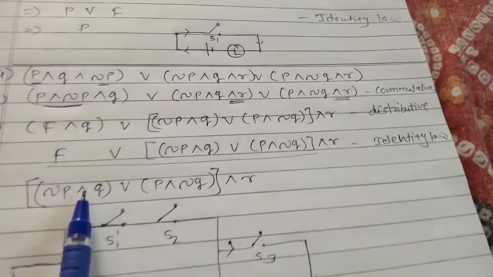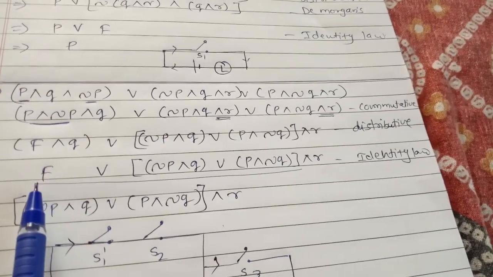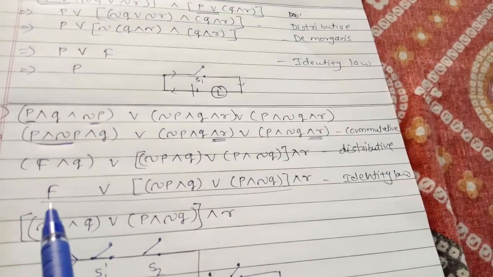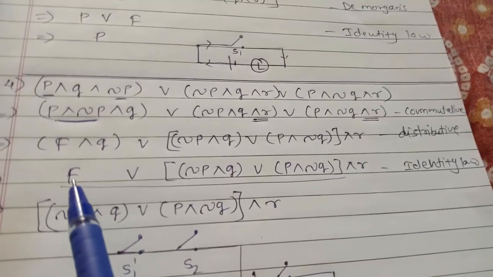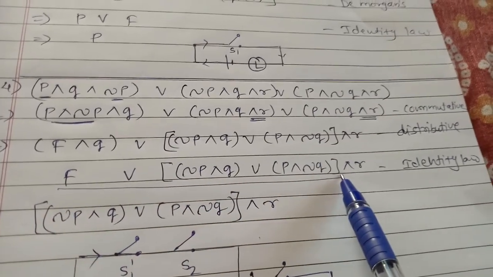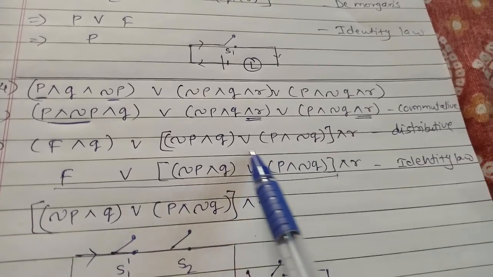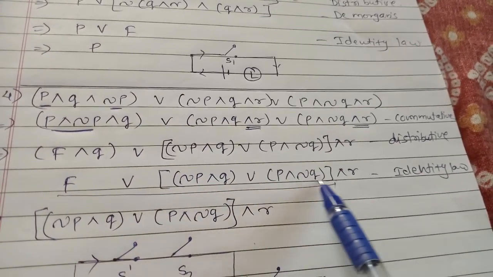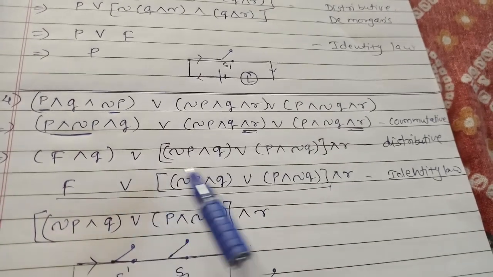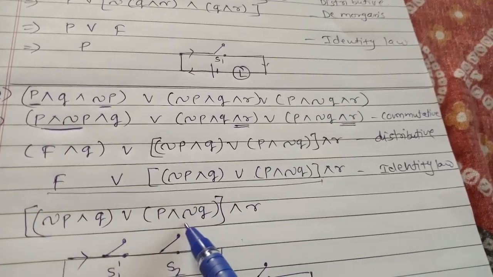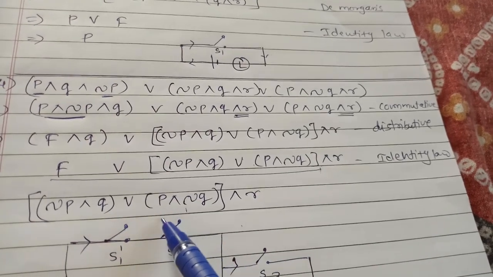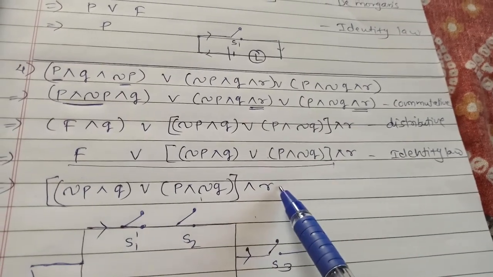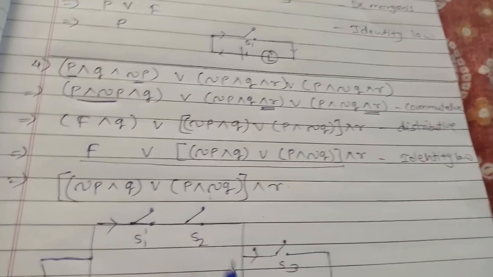Now see, here we are going to write F disjunction. What I have underlined here, see here from F up to this bracket, we consider this total as P. Wherever my pen is moving, suppose this total is P, means F disjunction P. What is the answer? It is P by identity law. So here we write the P as it is. So this total bracket is like this and these conjunctions are as it is. Now there is no change.